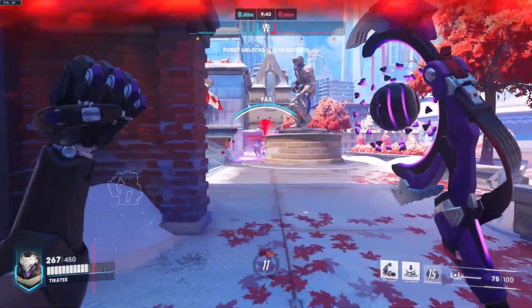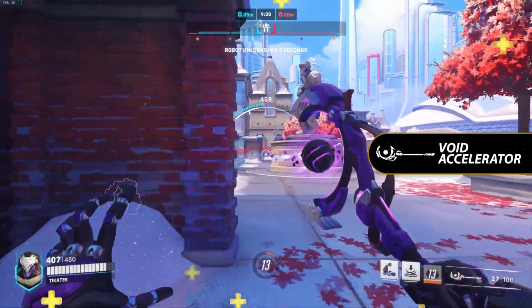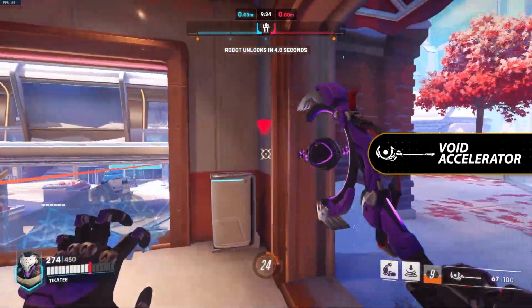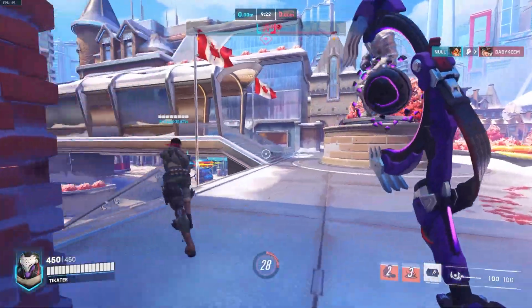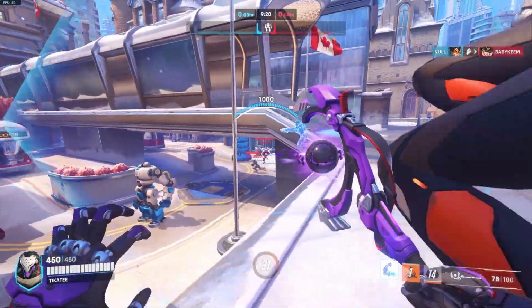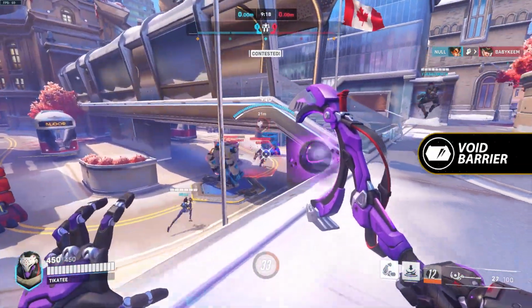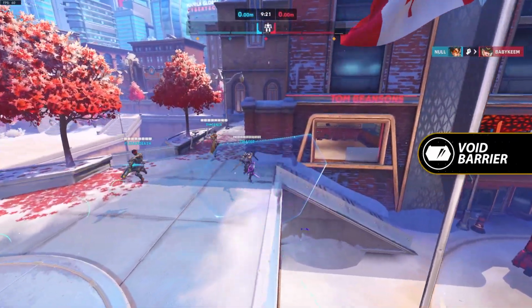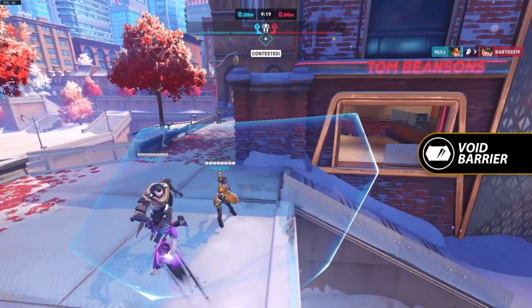His primary fire uses his Void Accelerator to fire a stream of small projectiles which deal a moderate amount of damage but can be difficult to hit at range due to their travel time. His secondary fire with his Void Accelerator creates a barrier at a target location that will block incoming projectiles for a short period of time. This is great for blocking important abilities and for protecting you and your team from enemies that are just out